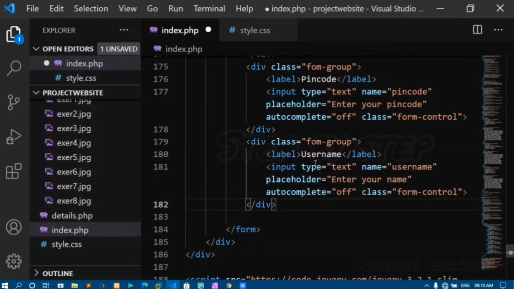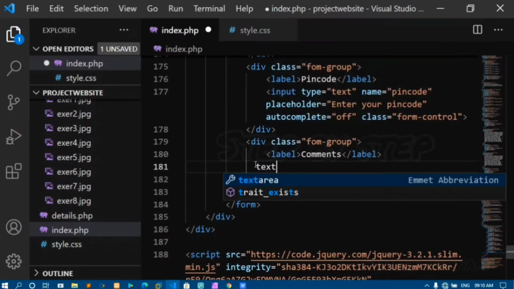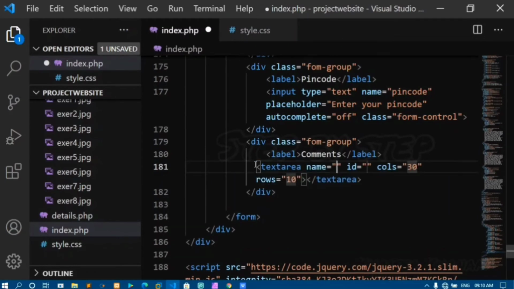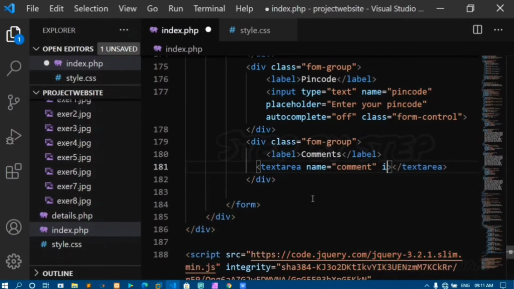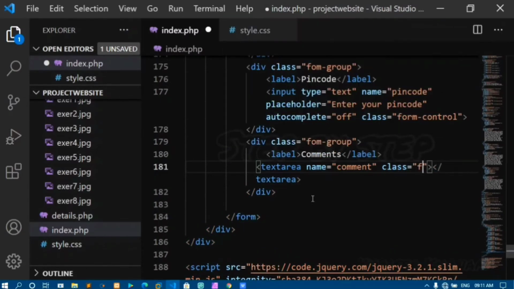I'll paste one more time and I'll change my label to comments. Instead of input tag, I want my text area. Name as comment. I'll remove this one, columns and row. I'll give my class as form control.